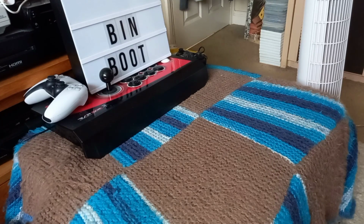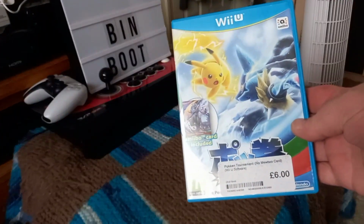We'll start off with a couple of Wii U games. I'm going for a full set of Wii U, but I'm not going crazy. I'm not going on eBay and spending 250 quid on a game. If I come across them at car boots or in CEX, and I've got the vouchers and spot one I haven't got, then I'll get it. I think I'm about halfway through the full set. A couple I didn't have were in my local store, so I had vouchers and picked them up. I got Pokken Tournament, £6